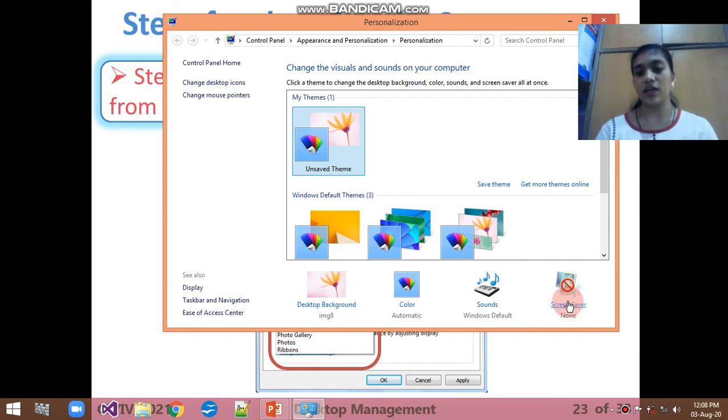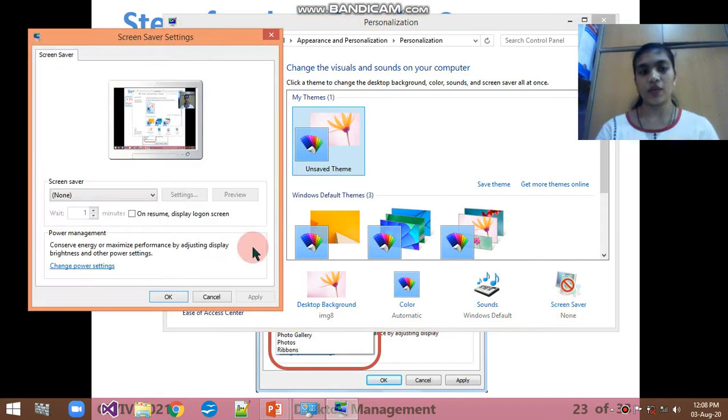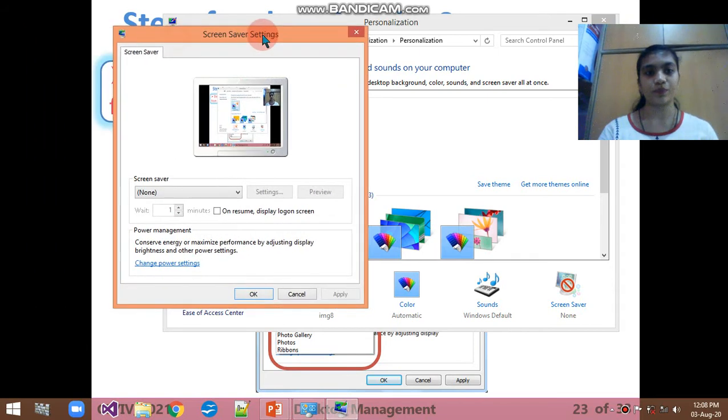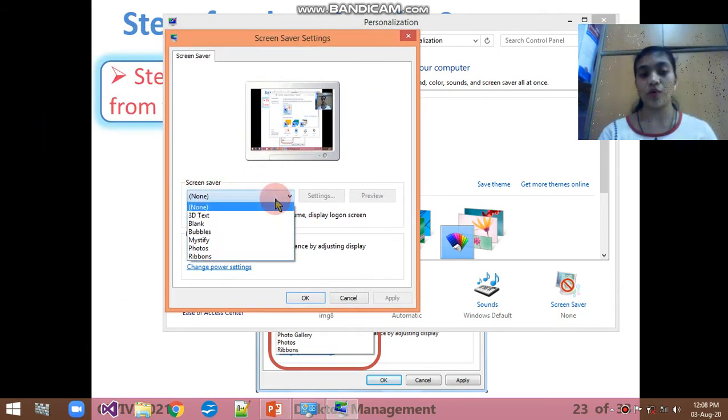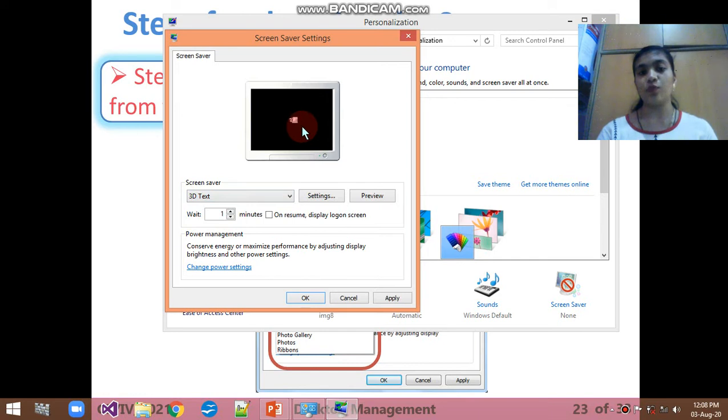When I click on that, you can see the options here. Screensaver options are many: 3D text, blank, bubbles, mystify, photos, ribbons. You can choose as you like and see the output here. I will show you how to change it.